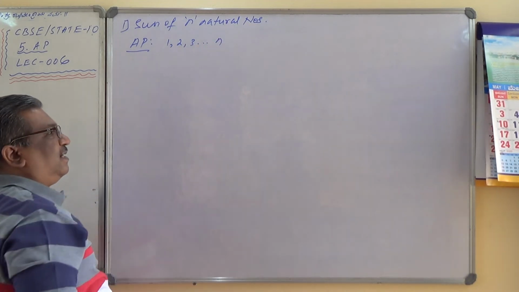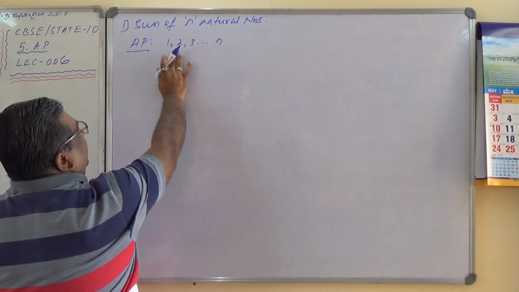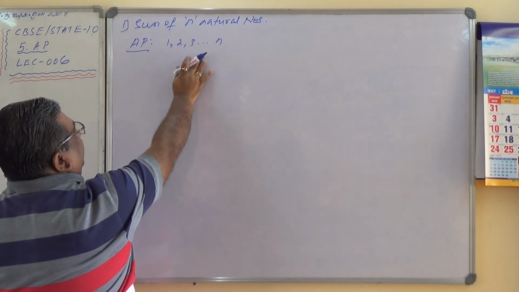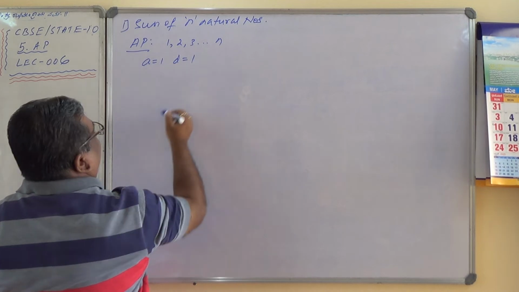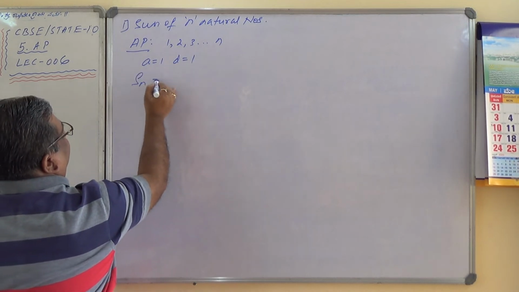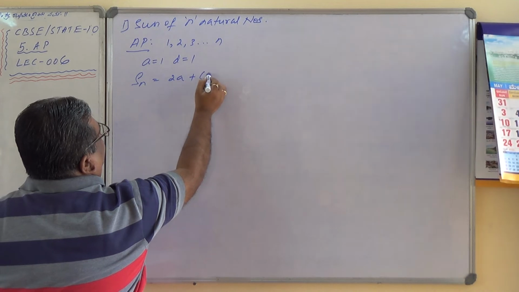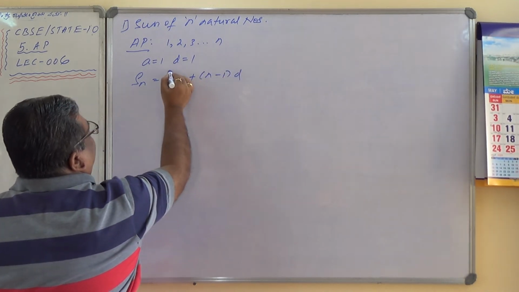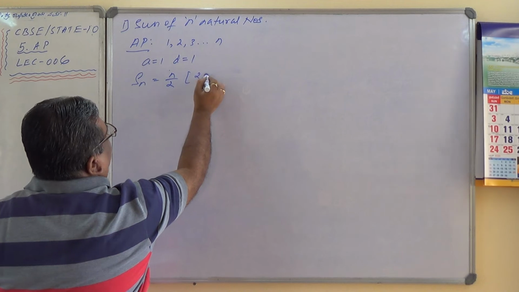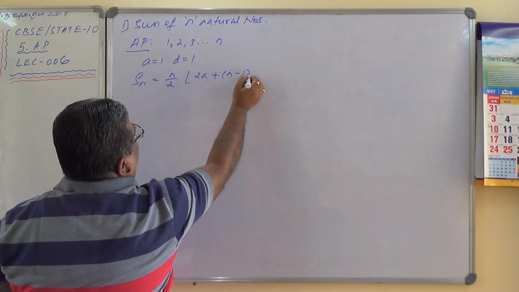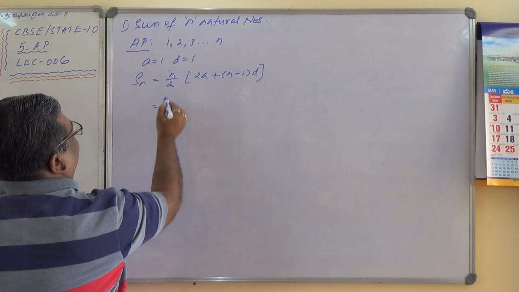These are natural numbers up to n, and this is in AP because the common difference is 1, and therefore A equals 1, D equals 1, and the sum of n terms is given by n by 2 times 2A plus n minus 1 into D. This is the formula we are using for the sum of first n natural numbers,